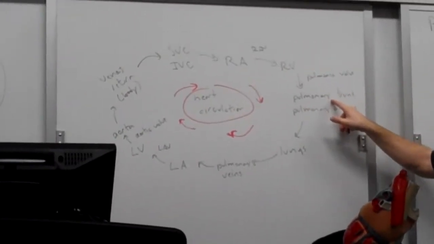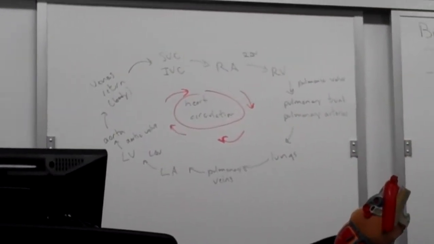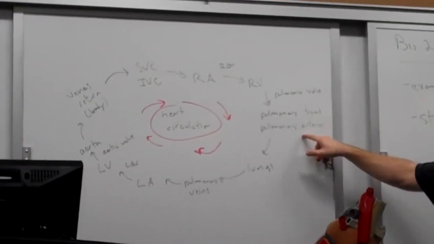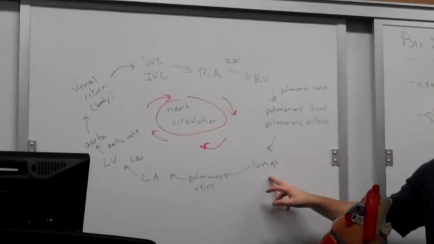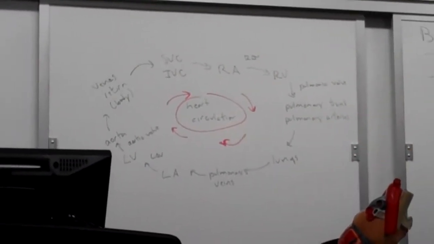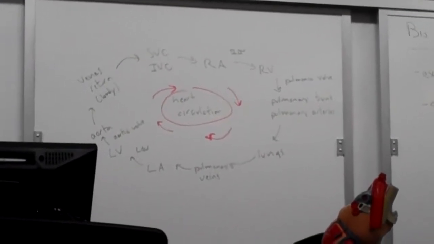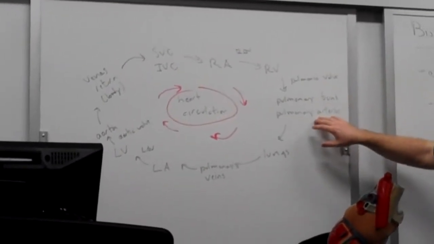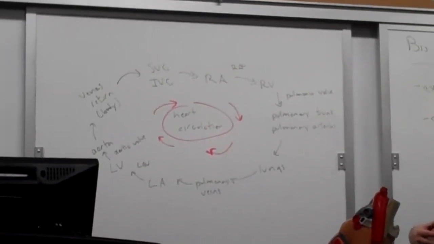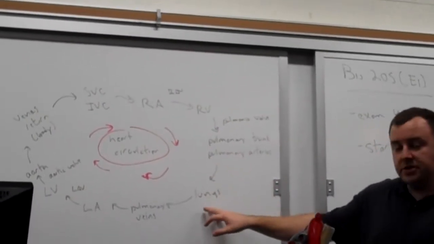It's going to go through the pulmonary trunk, which is the major outflow of the right ventricle. It's going to pass through the pulmonary arteries, and then the pulmonary arteries are going to break up in the lungs. Remember, we always think about arteries carrying oxygenated blood, but this is the one example where we actually have an artery that's carrying deoxygenated blood. Because remember, it's carrying the blood returned from the body from the right ventricle on its way to the lungs